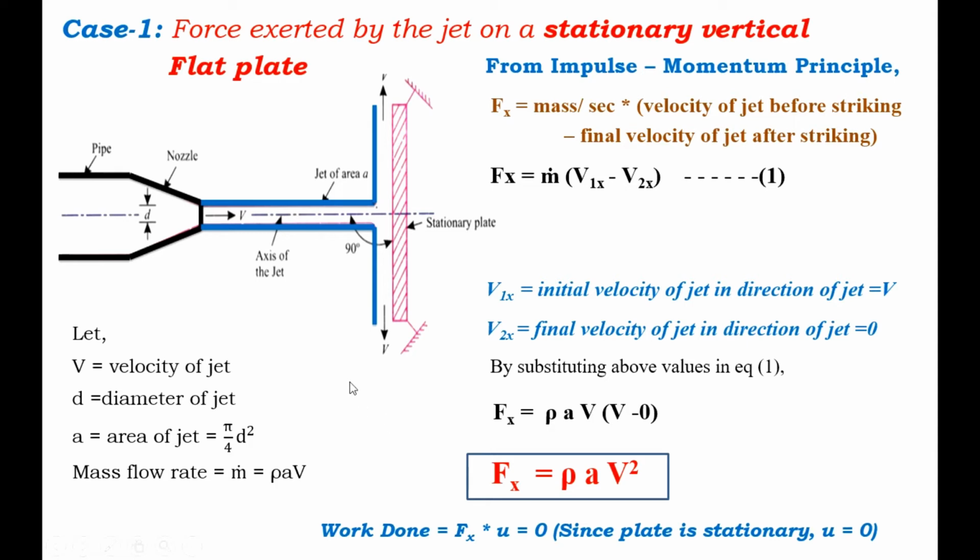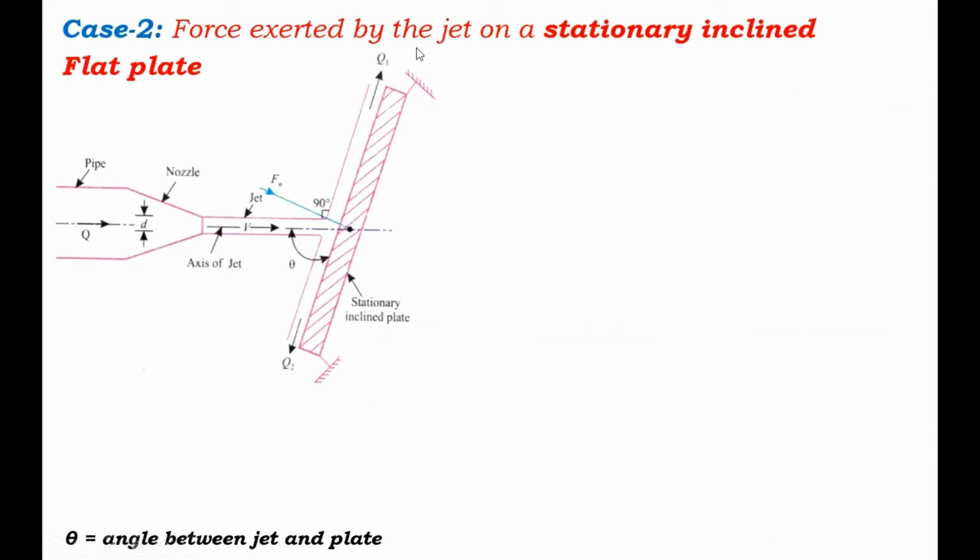Now consider the second case, force exerted by jet on a stationary inclined flat plate. Let us see the figure. V is equal to the velocity of the jet in the direction of x. Theta is the angle between the jet and the plate. The mass of water striking the plate per second, that is the mass flow rate, is equal to rho a v. The plate is very smooth and there is no loss of energy due to impact of the jet. Then the jet will move over the flat plate after striking with a velocity equal to the initial velocity, that is